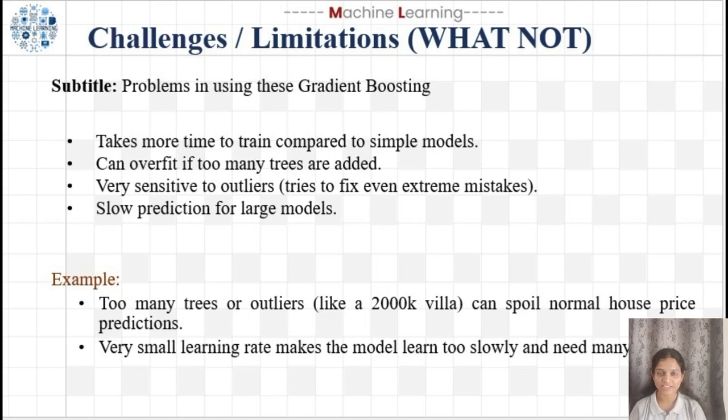Now see the challenges of gradient boosting in machine learning. The first challenge is that it takes more time to train because it builds many trees one after another. It is slower than a simple model. The second challenge is that it can overfit. If we add many trees in the model, the model learns even the noise in the data, which reduces the accuracy on the